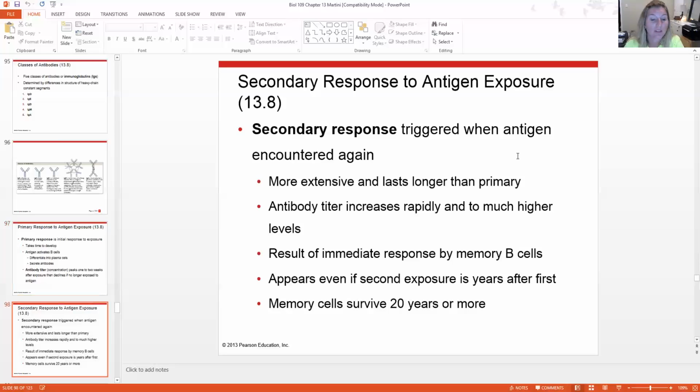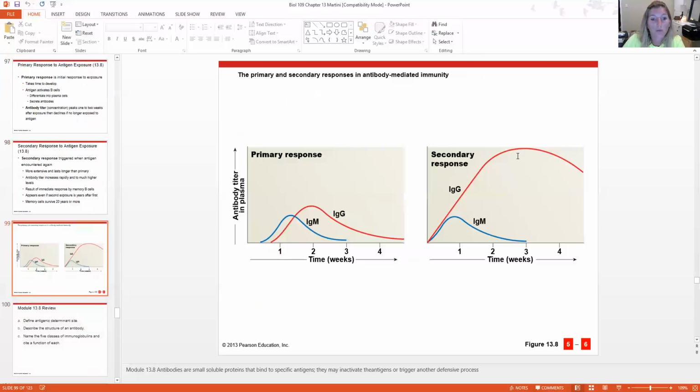It appears even if the second exposure is years and years or decades after the first exposure. The memory cells can survive 20 or more years. So here's what we mean. After you've first been exposed to